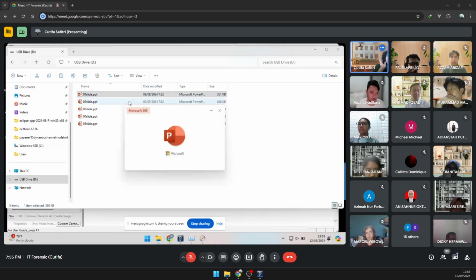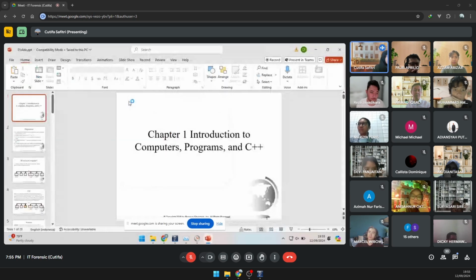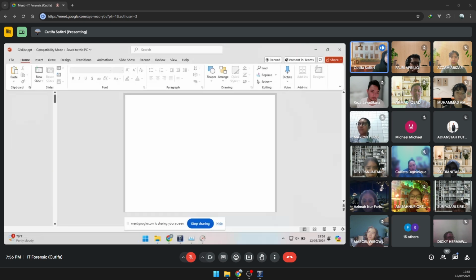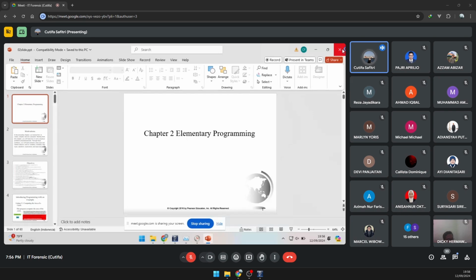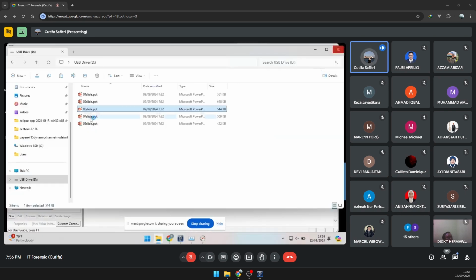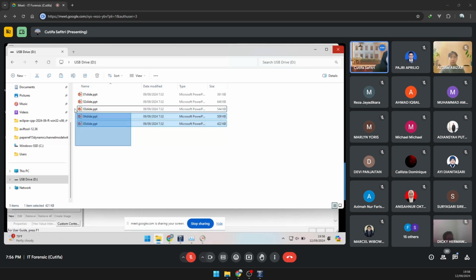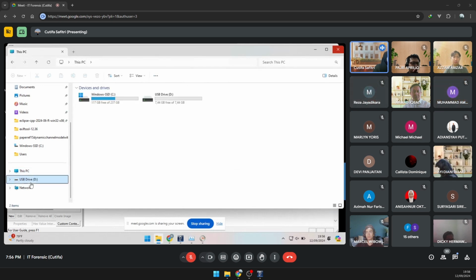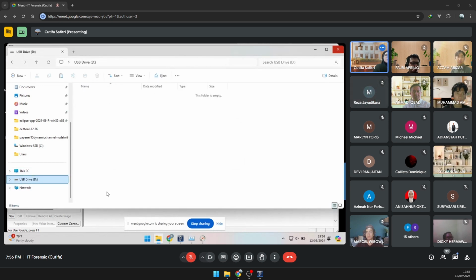Okay. If you have a picture or a document or anything, please try to access it so that there is an access time. So I have tried to open them one by one. Once again, I did this using files that are inside my USB. So I accessed 3 files and the rest I did not access, and then I deleted them. So now my USB is empty. So copy something, try to access it, and then delete it, right?